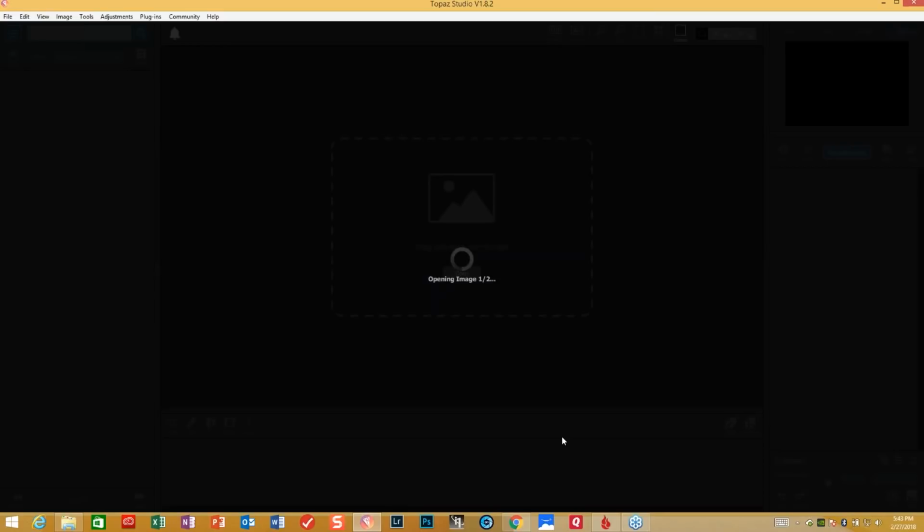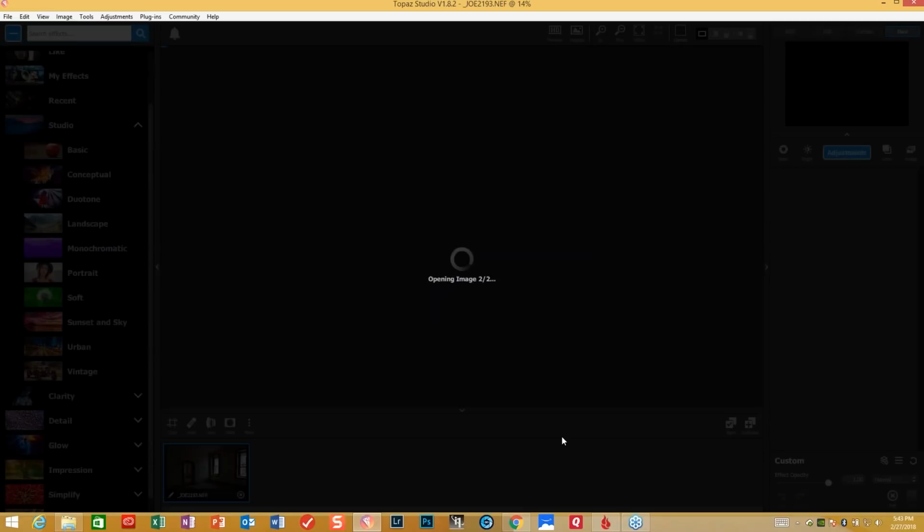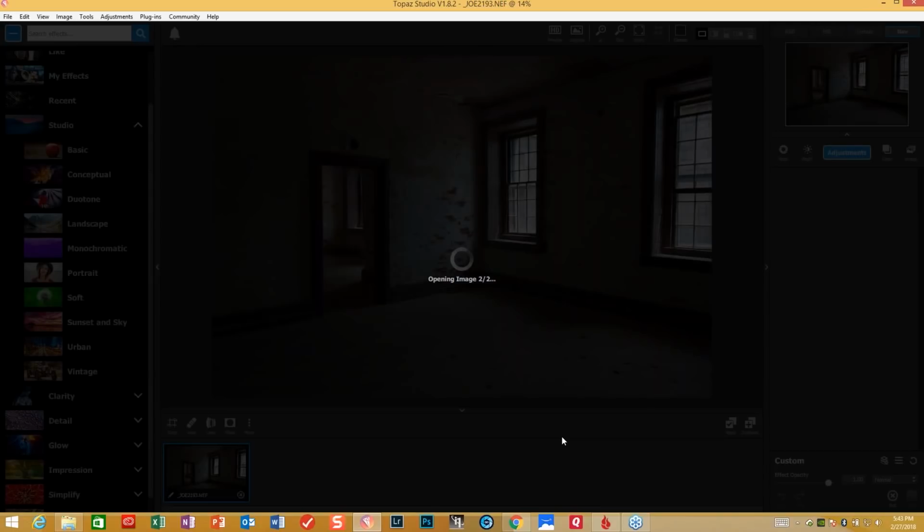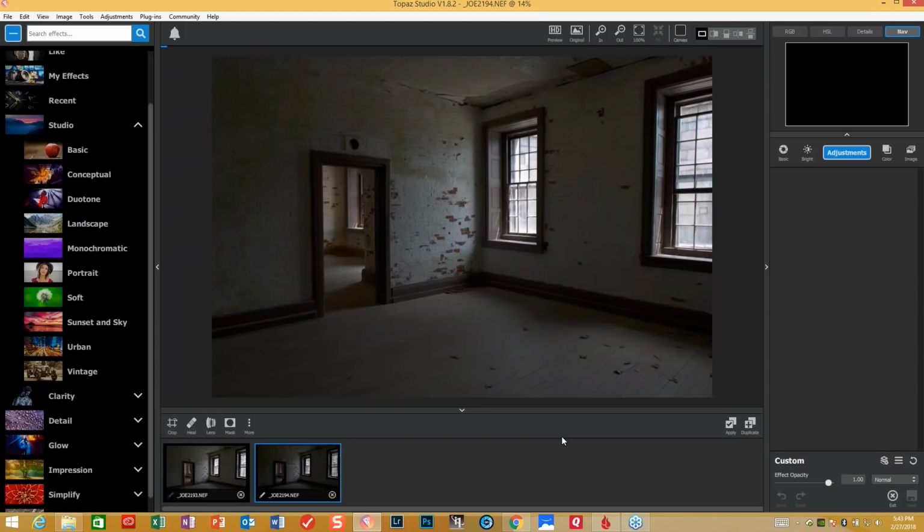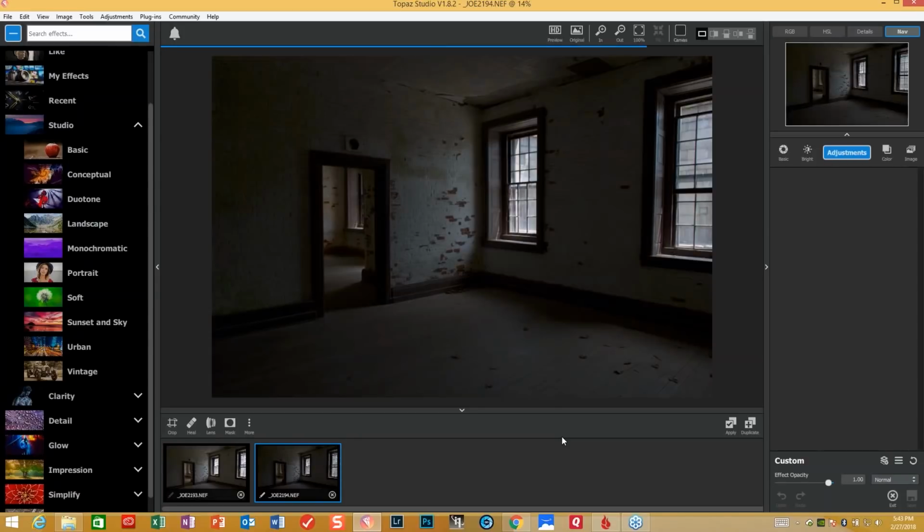Sorry about taking so long to bring them in, but it is, big raw files. Yeah, you're shooting pretty large files. Yeah, sorry about that, but you know, those Nikon have big files. So the one I showed you earlier with the Waterwork, so all of the pipes and everything, I actually started out with 20 images and did a focus stack and then blended it. And then I did it at a different exposure in the same amount of shots. So it got the crystal clear sharp all the way through, and then bring it into Topaz to do the